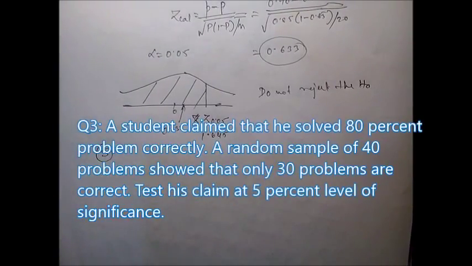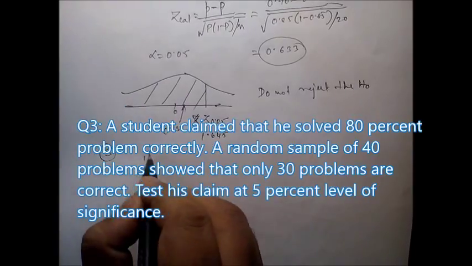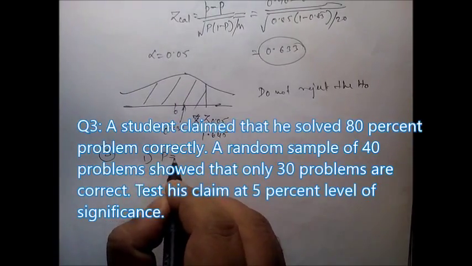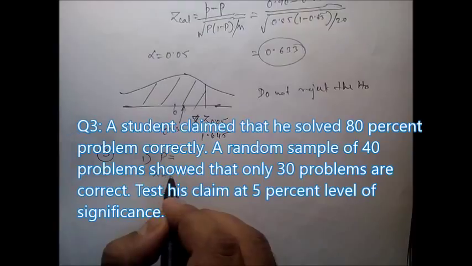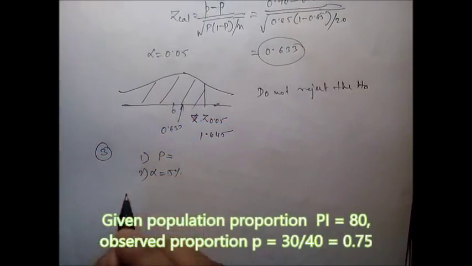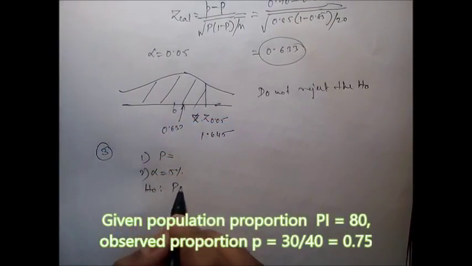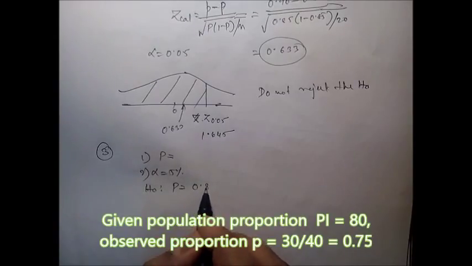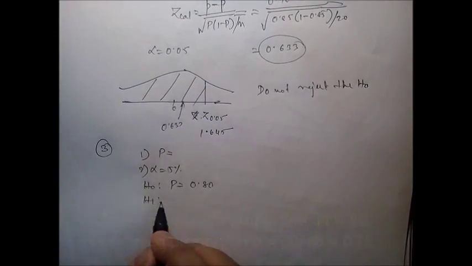A student claimed that he solved 80% of problems correctly. A random sample of 40 problems showed that only 30 problems are correct. Test his claim at 5% level of significance. Okay, so population proportion is P, alpha is equal to 5%, null hypothesis P is equal to 0.80, and